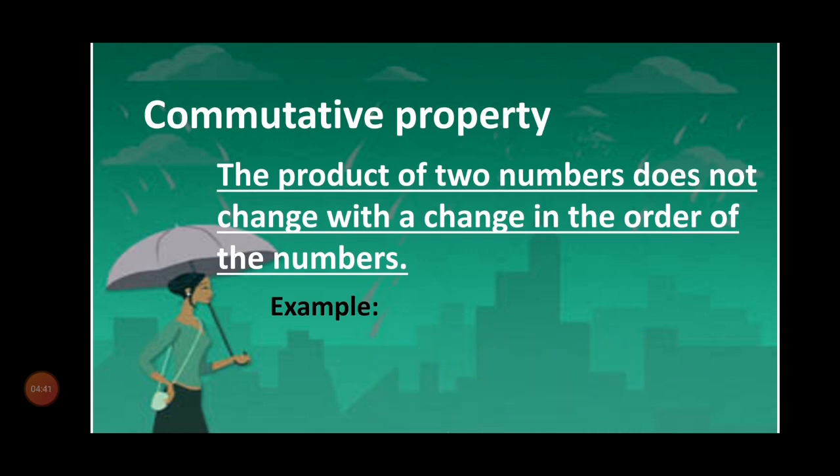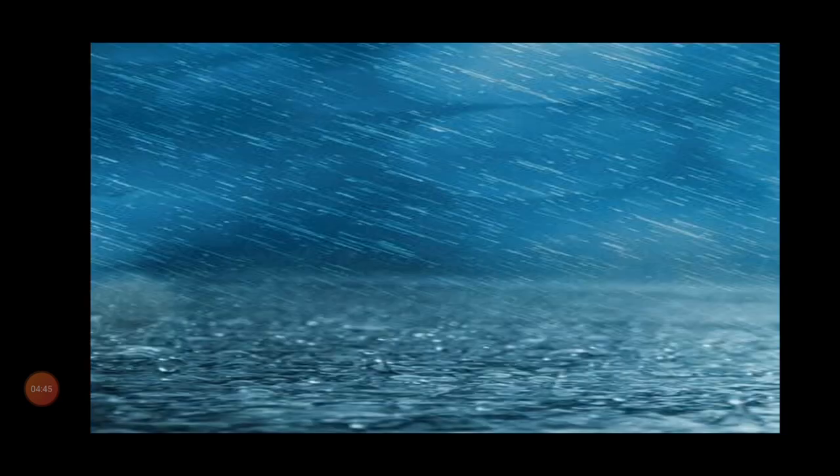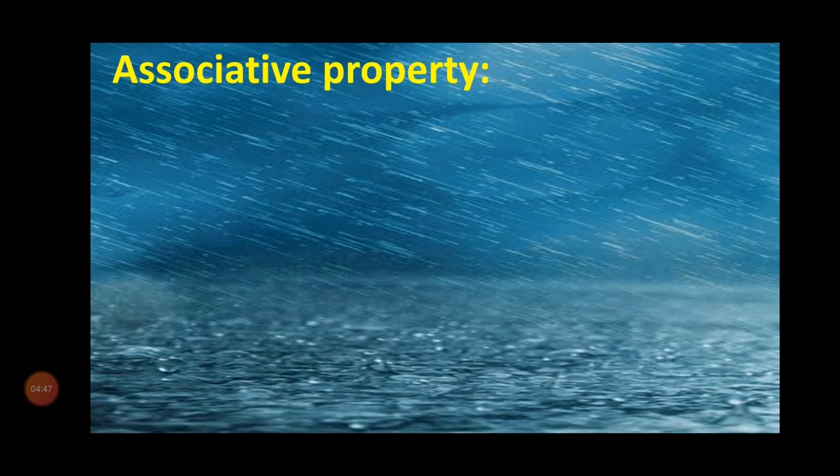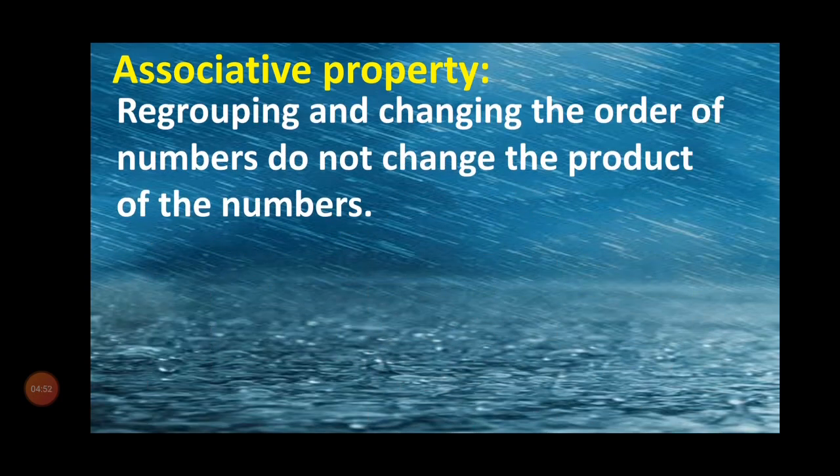Property 4. That is associative property. Associative property means regrouping and changing the order of numbers do not change the product of the numbers. This is also the same. In commutative property, we are multiplying only two numbers. In associative property, we are going to multiply 3 numbers. For example,